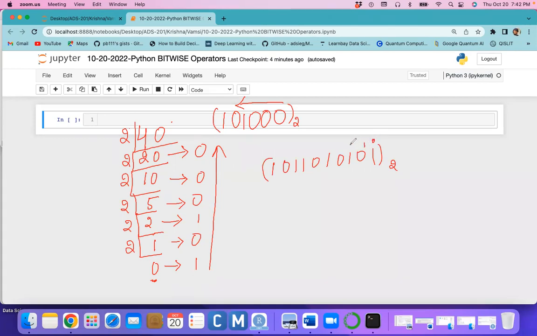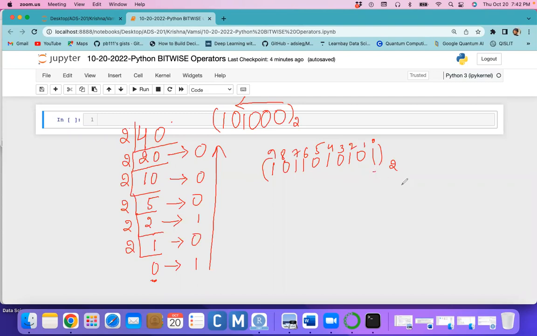This is one position. This is two position. This is three position. This is fourth position. This is fifth position, and this is sixth. This is seven. This is eight. This is ninth position. Okay, so what you should do, every bit you have to multiply with